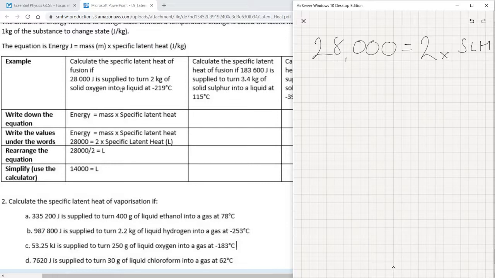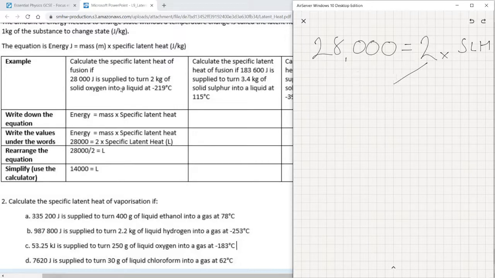Now, you'll do a lot more rearranging of equations in maths, but it's a very important skill for science, particularly physics as well. So however you like to rearrange equations, whether you think about it as the 2 drops down underneath,